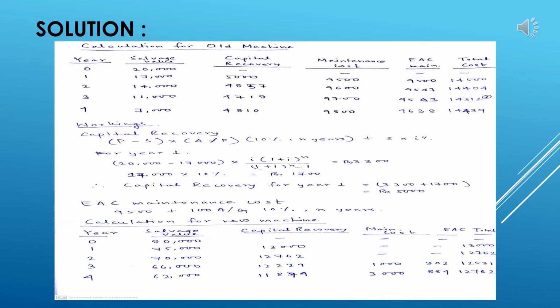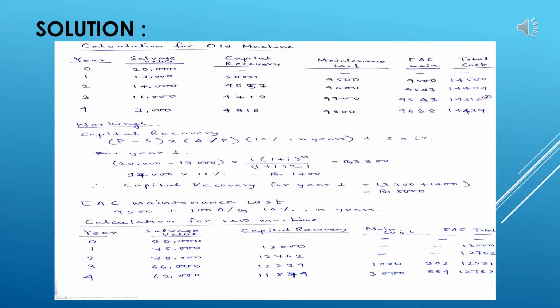So while calculating the capital recovery cost, as in many of the sums, we have taken this kind of treatment of replacement analysis into consideration, where we have taken the value of the machine minus salvage value. We have taken that entire value to be the present value, which we have transferred back into annual worth, and then we have added back salvage value multiplied by the interest rate which has been given to us. So I'll be just showing you the calculation on the first part here.